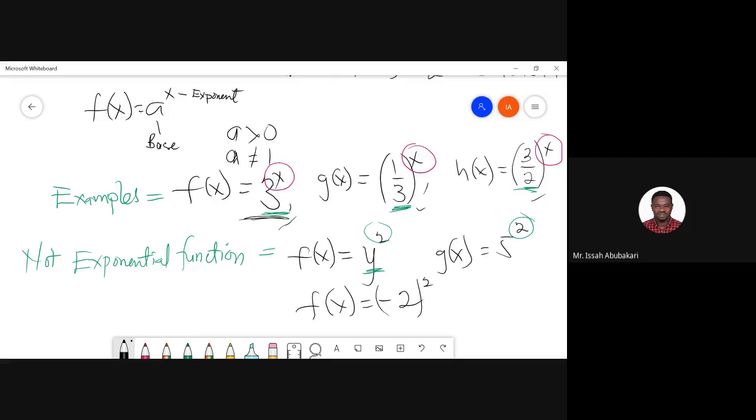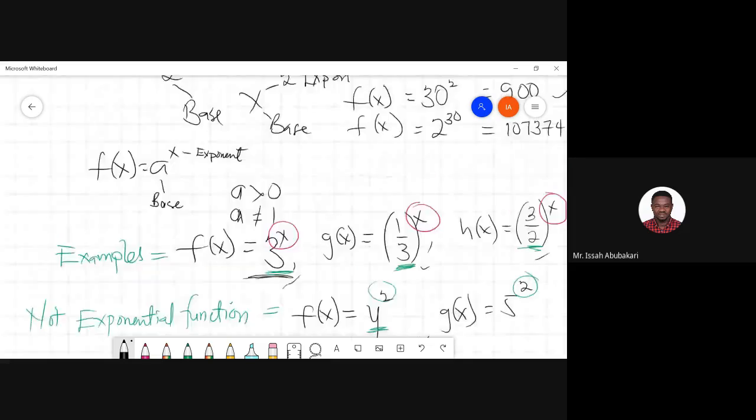So these are some of the examples of exponential functions, and these are some of the examples that are not exponential functions. So we will go back to our book and solve some of the questions on whether they are exponential functions or not, on page 99. I think so. We are going to solve those questions from question 1 to question 14. All right. After that, let's move on to